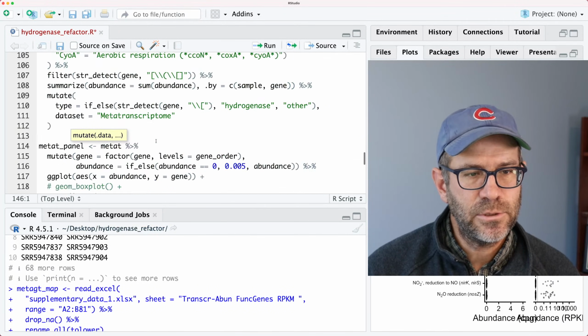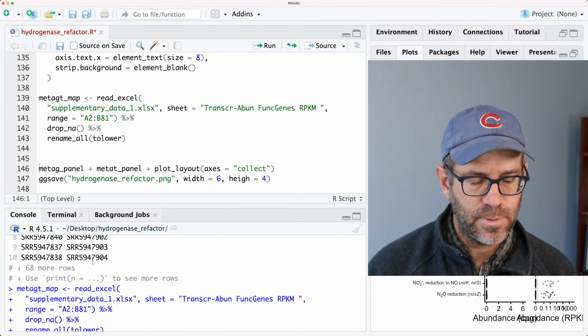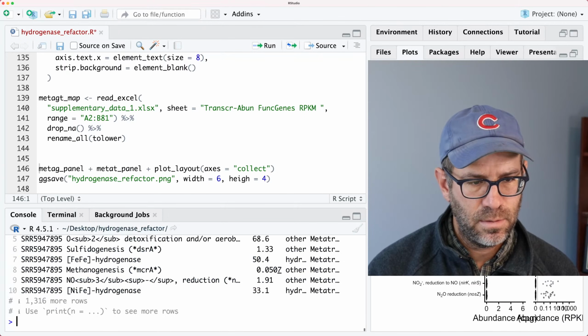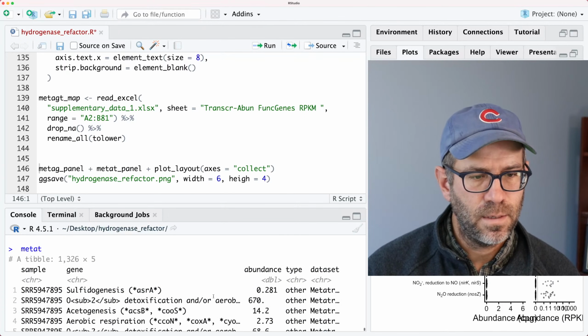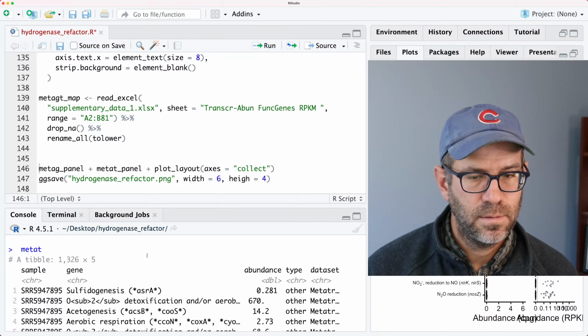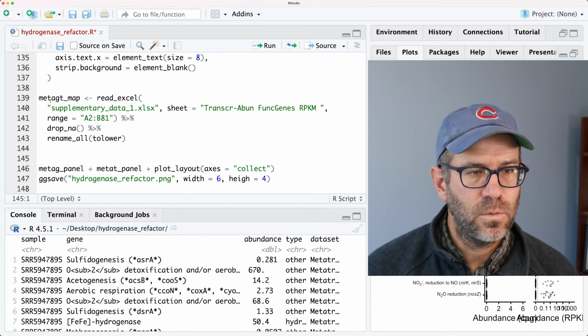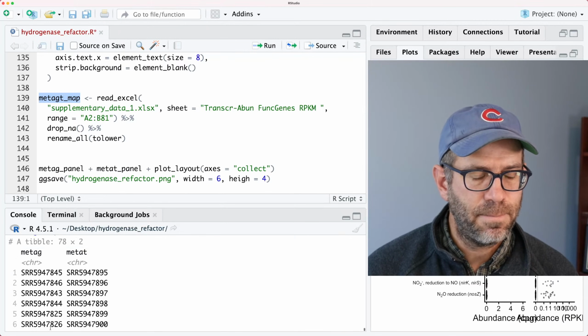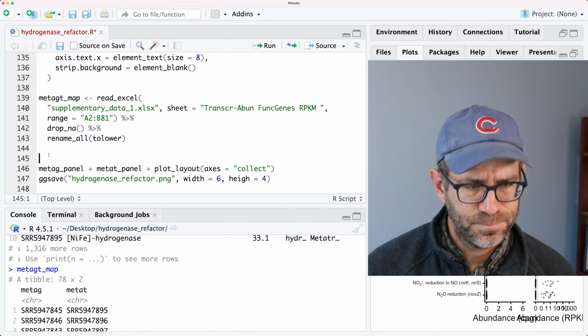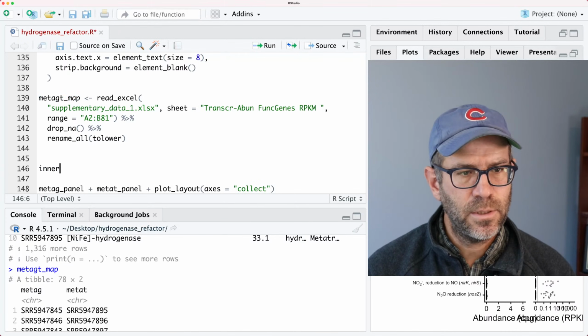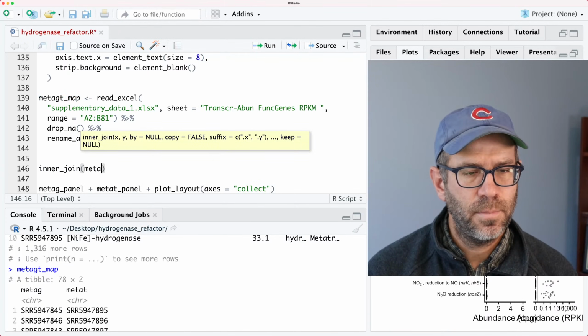All right. So let's see. Can we just take meta G and meta T and join them together? So we'll do meta T. I think that could work. Let's try it. So again, meta GT map in the first column has meta G. So I'm going to do an inner join with meta